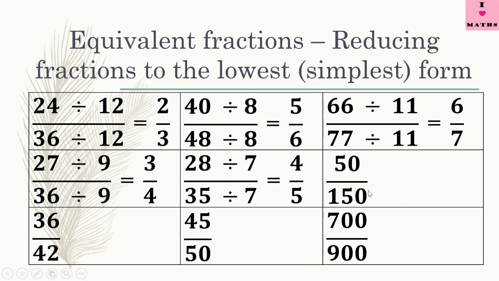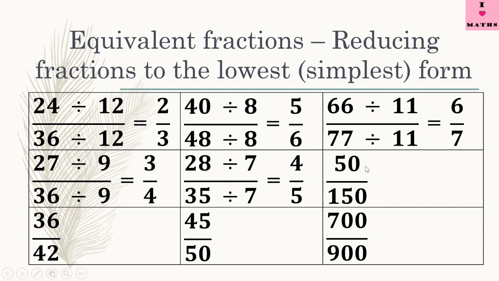For example, both of them are even numbers, so they will come in the table of 2. Both of them will come in the table of 2, right? Now, since they have 0 at the back, both of them will come in the table of 10, right? But there is another number, bigger than 10, in whose table both these numbers come. For that, your mental maths should be very sharp. So think of a bigger number in whose table both these numbers will come.